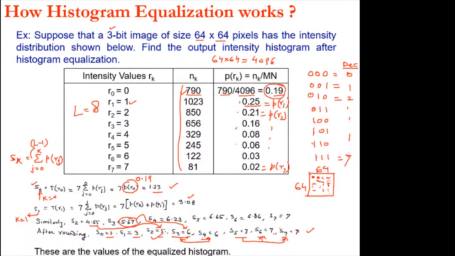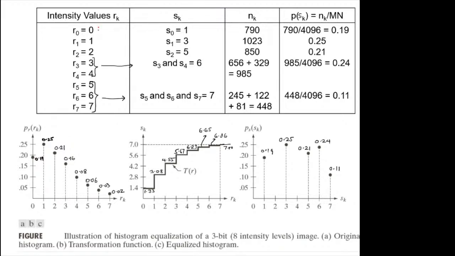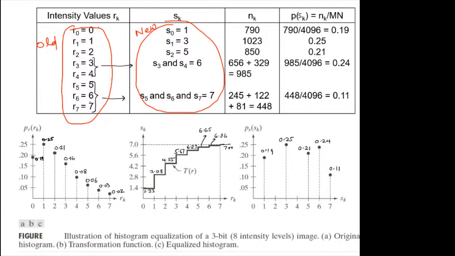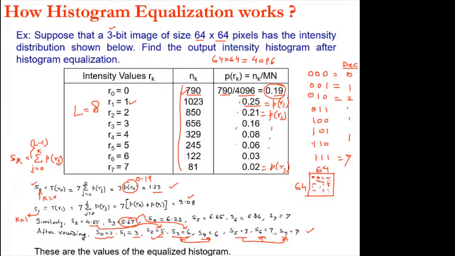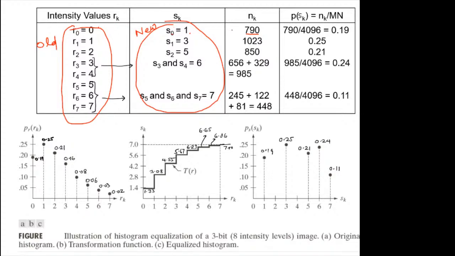ठीक है ना। तो कहने का मतलब ये है कि अब situation ये हो गई कि these were the old intensity values, ये जो है ना, these are the old intensity values, इनके corresponding तुमने ये new intensity values निकालनी, और pixels, number of pixels तो given है। देखो for example R0 equal to 0 के corresponding 790 थे, तो इसका मतलब S0 equal to 1 हो गया ना, R0 equal to 0 नहीं, अब 0 level भी खत्म हो गया। देखो S0 पहला intensity value 1 आया, 0 नहीं है, तो that means at intensity value 0 there is no pixel in the image, 2 पे भी नहीं है, 4 पे भी नहीं है, 0 पे भी नहीं है। So that means corresponding to this R0 there were 790 pixels, now वो 790 pixels intensity 1 occupy कर रहे हैं, intensity level 1 occupy कर रहे हैं। इस तरह से ये हो गया, इसी तरह से ये हो गया।